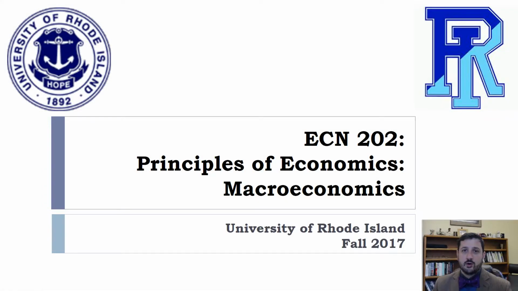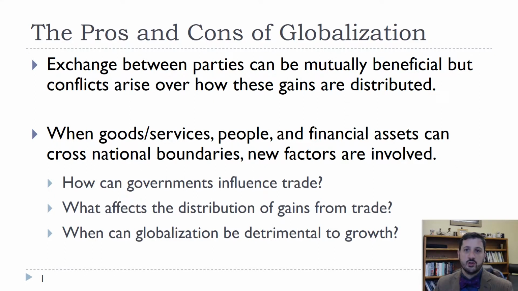Chapter 18 is about globalization and both the benefits and costs of having a more integrated world. And we're going to look both at growth, the benefits and costs for workers, for capitalists, etc. So there are obviously a lot of pros and cons, and certainly the world has become more globalized over